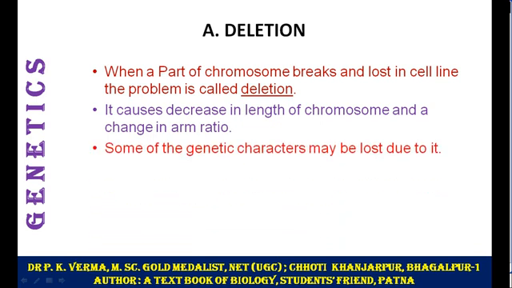Is there any genetic effect? Of course, if a dominant allele is lost by deletion, the recessive allele can appear. For example, if you have crossed a plant with red color with a white colored plant, in the first generation all plants should be red. But if 5 or 10% plants are white, they cannot become dominant. So what might be the cause? It is because of deletion of the dominant allele.